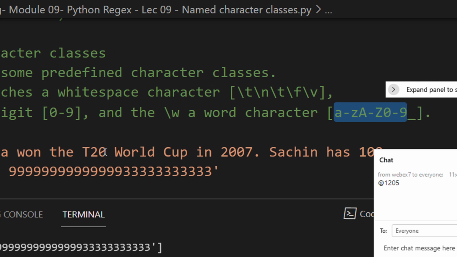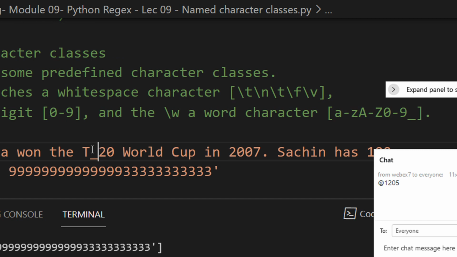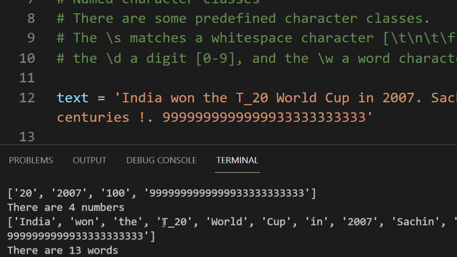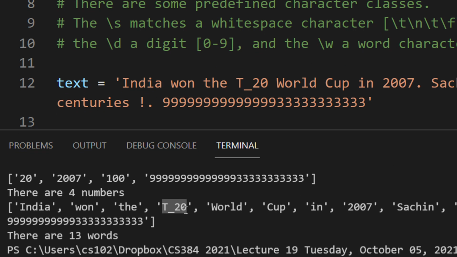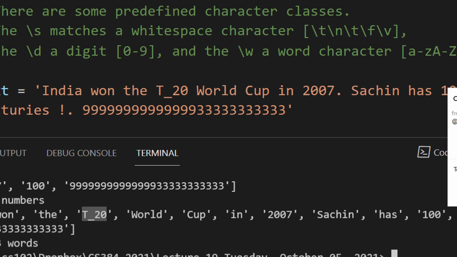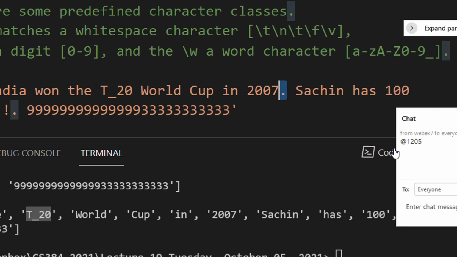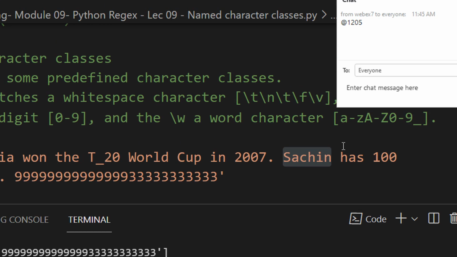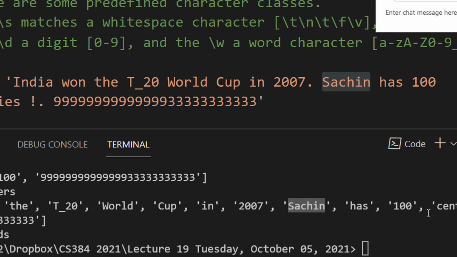So let us just check whether underscore is being matched or not. So India won the T underscore 20 World Cup. So you can see underscore is being matched, right? And now you can see we do not match other special symbols. The dot is not matched here. After 2007, directly Sachin is appearing. Sachin has 100 centuries.